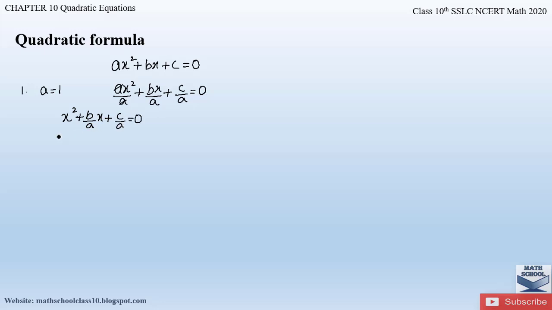So our next step is that we have to take the coefficient of x or the b value and multiply by half and square the whole term, and this term should be added and subtracted in the equation we have obtained. So what is the coefficient of x here? The coefficient of x here is b by a. So let us multiply by half and square the whole term. So we will get b by 2a the whole square. So this term we have to add and subtract in the equation.